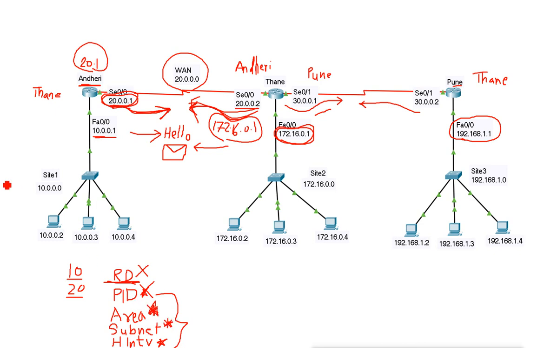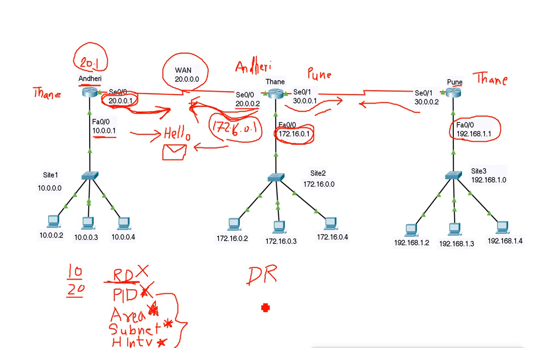Now once the routing neighborship is created, then what? Here all the routers will decide first. They do the election, and they do the election to decide the designated router, that is, who is going to be the designated router and who is going to be the non-designated routers.